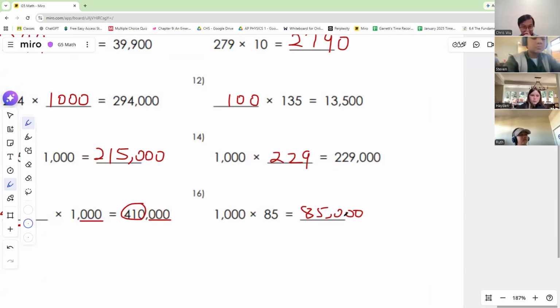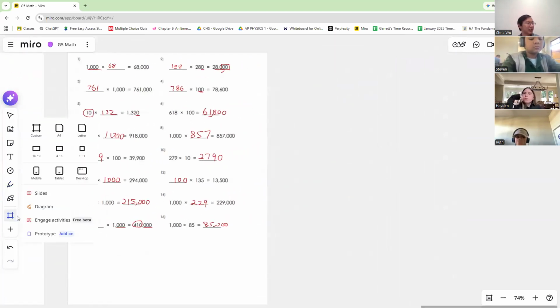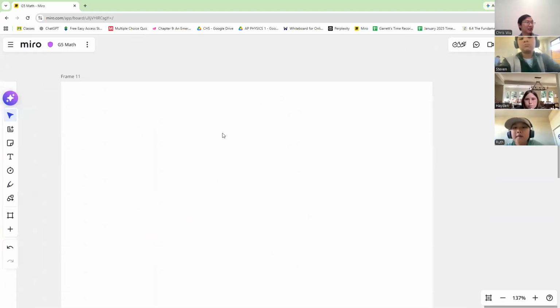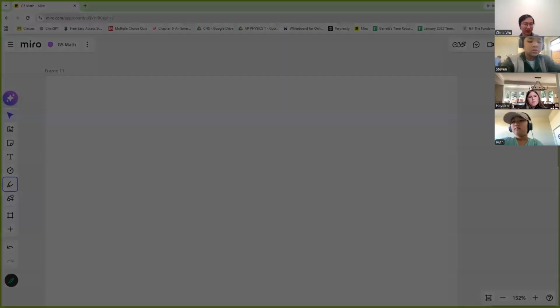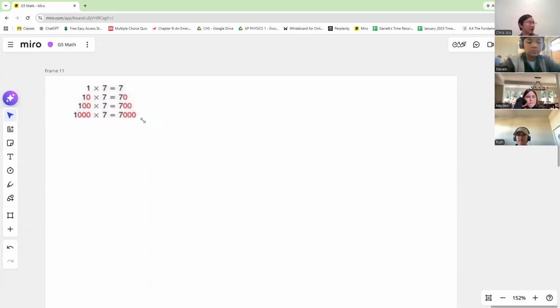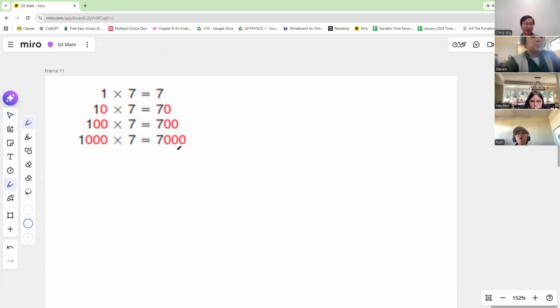So hopefully we're going to handle this. Now I'm going to make things slightly more complicated by multiplying a number that's not necessarily 10 or 100 or 1,000, but the idea is the same. So let's take a look at some examples. First one, pretty straightforward. If you have 1 times 7, that's 7. If you have 10 times 7, we add a 0. 100 times 7, we add 2 zeros. However many zeros I have in the number I'm multiplying, that's how many zeros I'm going to add at the end,